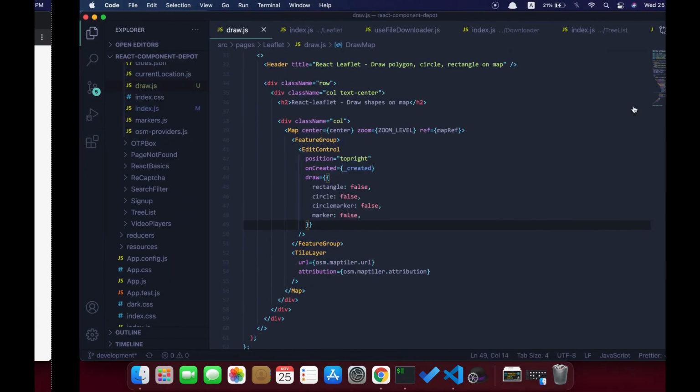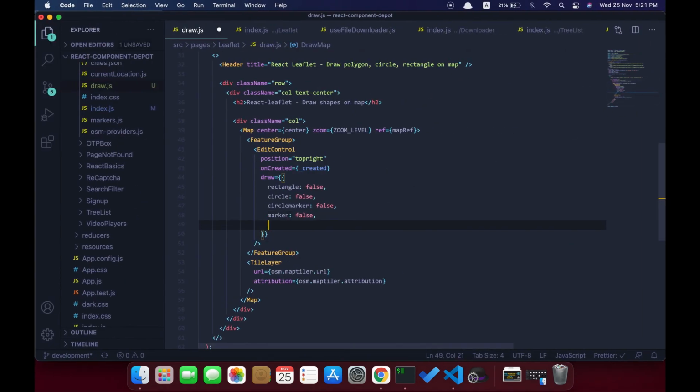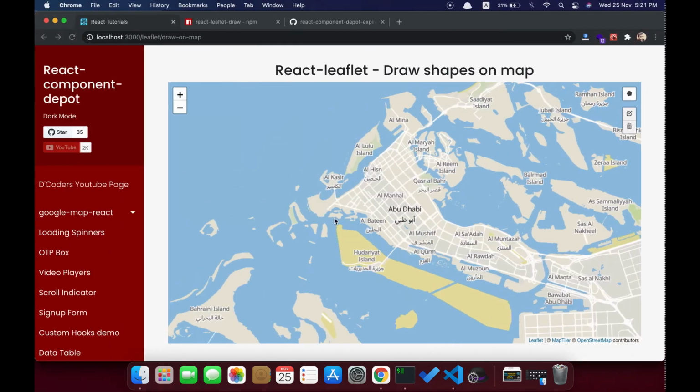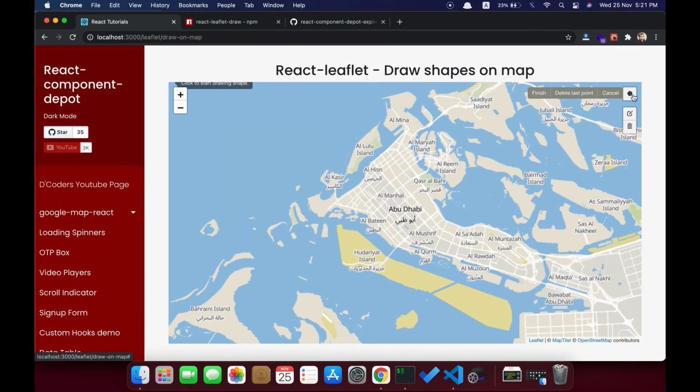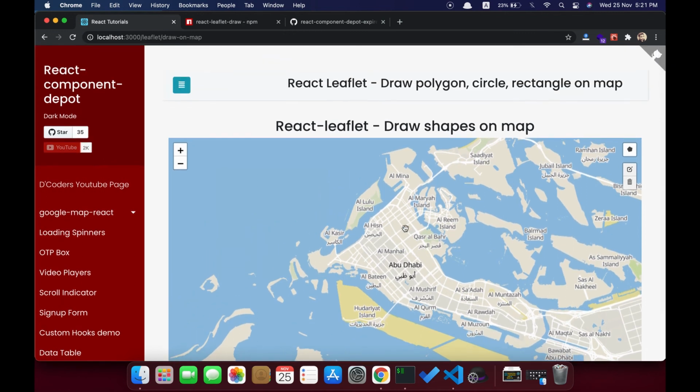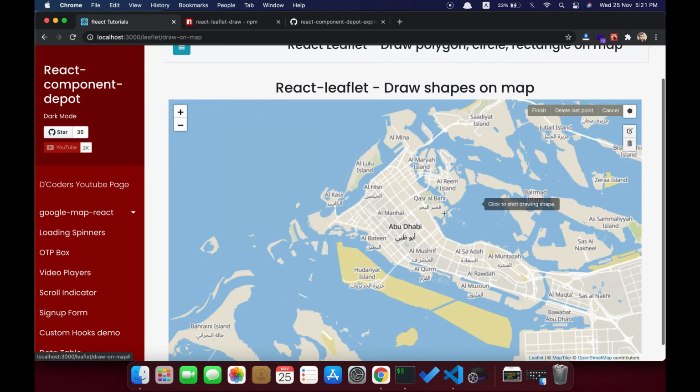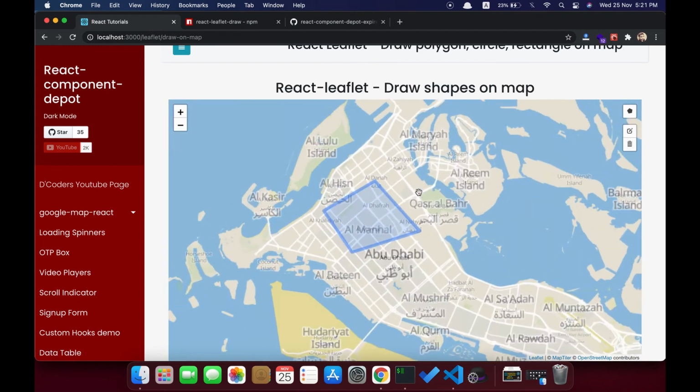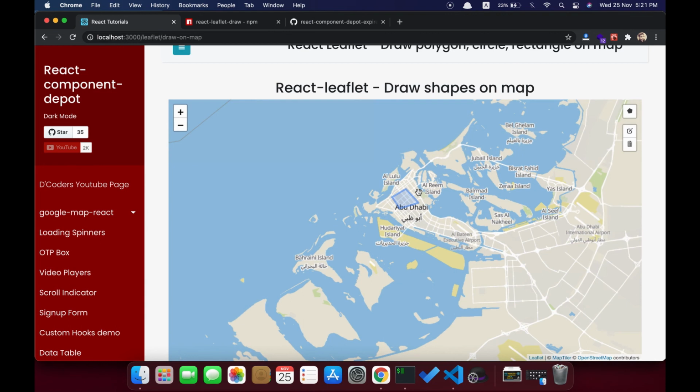So let's go and remove this polyline. Once this is removed, you will be able to see only polygon. So this is highly customizable. You can put whatever shapes you need there. You can remove all others. You can zoom in, zoom out, it will stay at the same scale.